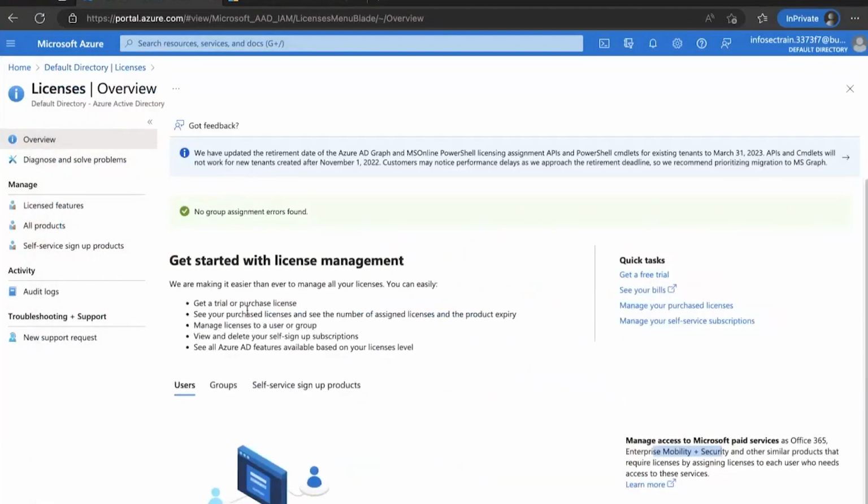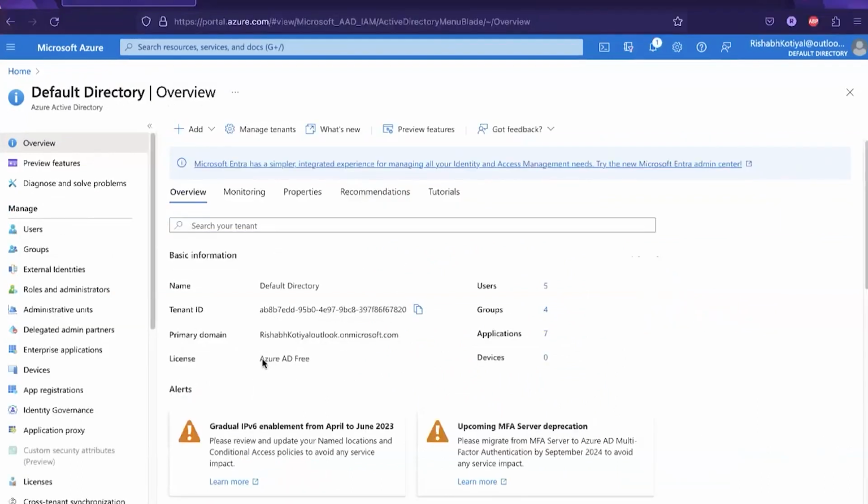Someone asked me what the conditional access policy is. Let me tell you, conditional access policy is not accessible to you if you have the free account. If I go to my main MCT account, you will see this is my Azure AD free, right?